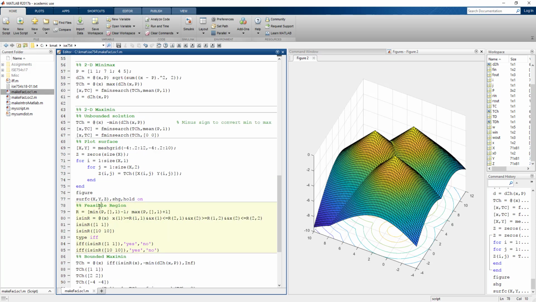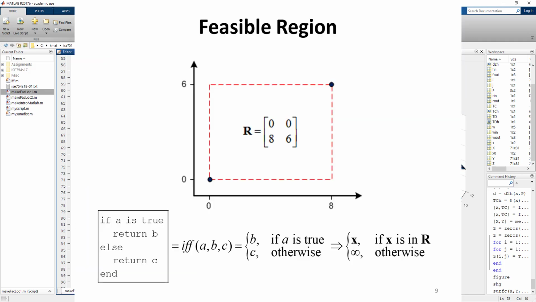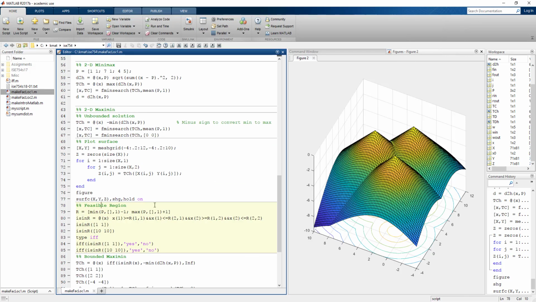So the next thing I want to do here is to determine the feasible region. And to make it a little bit more general, as opposed to, since I know those 3 points P, I could just go ahead and put values in for the feasible region. But in this case, I'd like to show you an example of being able to do it in a little bit more general manner. And to do that, I'm going to define R,